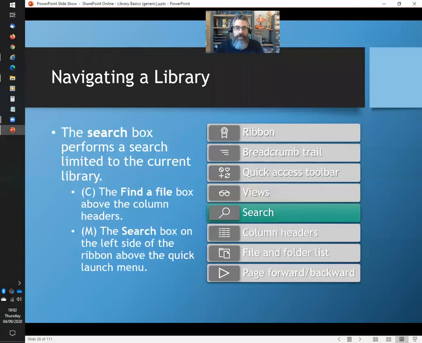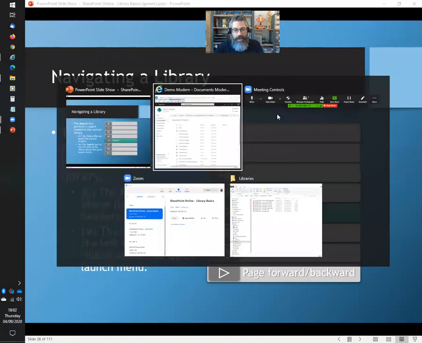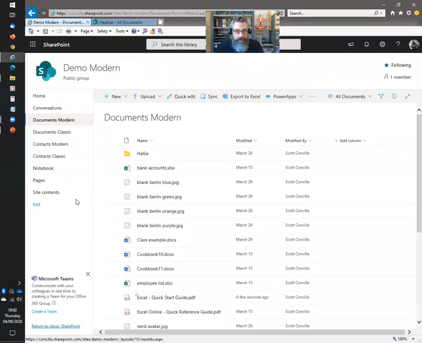All right. Next, let's talk briefly about search. Look, we all know what search is. It's not complicated. You click in the box and you tell it what to look for. The main difference here between Classic and Modern is where that box is located. In the Modern interface, it is